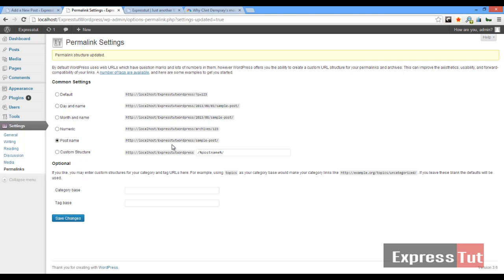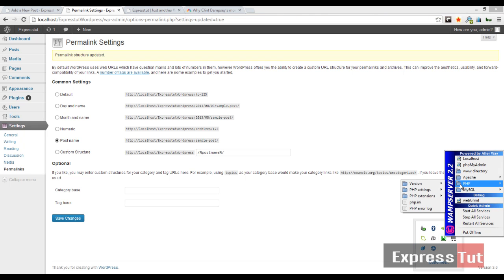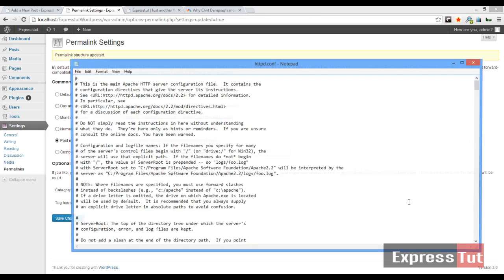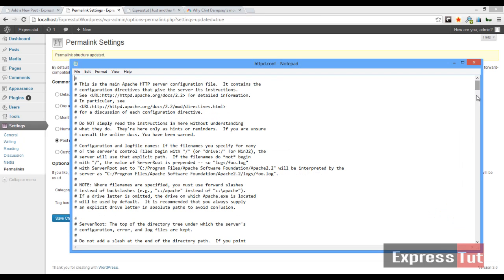Now let me warn you, you will not be able to use any of these five permalink settings if you've not got clean URLs enabled on your local machine or your local server. If you are a novice, for example, I'm using the WAMP server. If I open WAMP server, go to Apache, you should find a file called the httpd.conf file. If I open that file and scroll down,